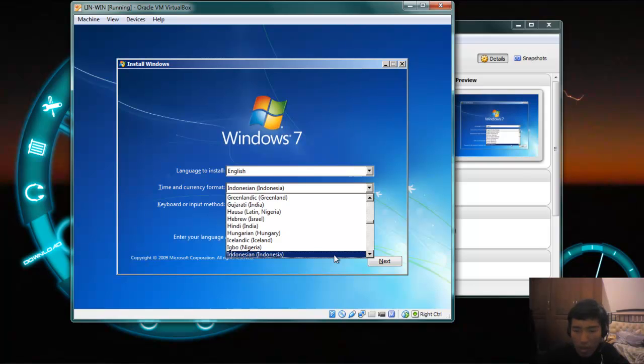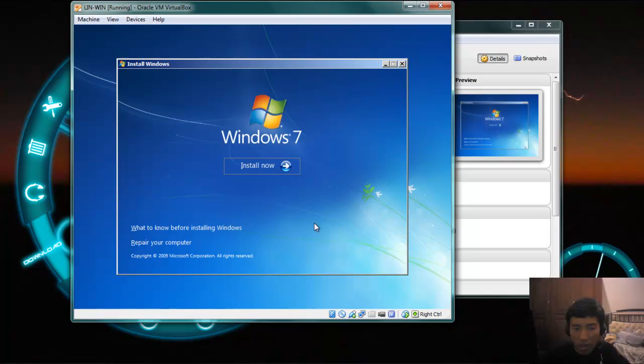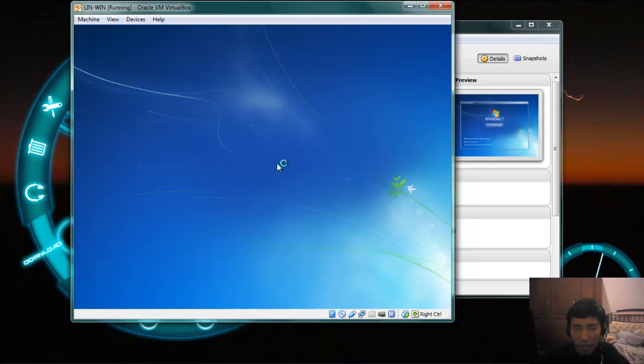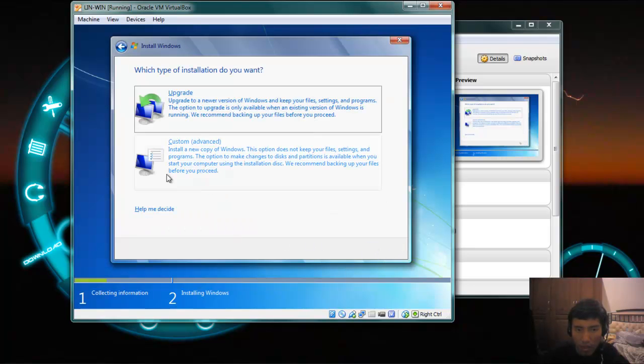Now choose your language for installation, your time format and keyboard method, then click Install now. And then just check it. Next,